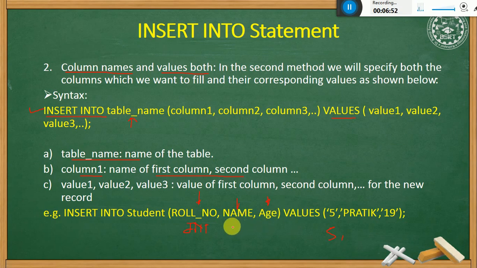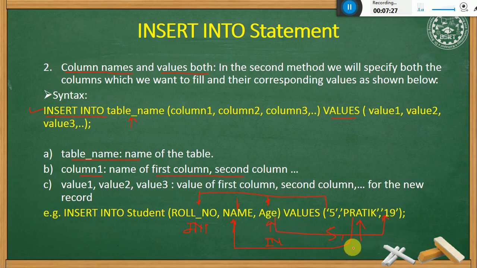name, varchar2 or char, it may be a string, so it may have two data types, char or varchar2. It must be in single inverted commas. Age might be a number or an integer, so there is no need for single inverted commas, and then the bracket is complete, semicolon. This statement will insert the appropriate values for the specific columns. So we can easily